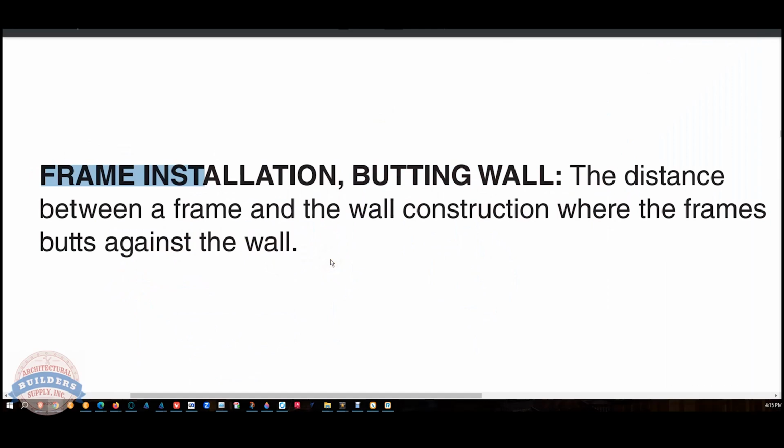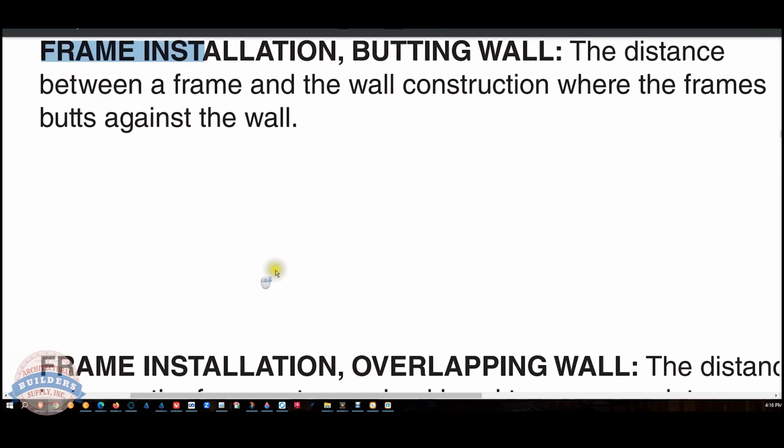Any questions on that, please feel free to reach out to us. Thank you very much. Let's move on to the next definition, which is